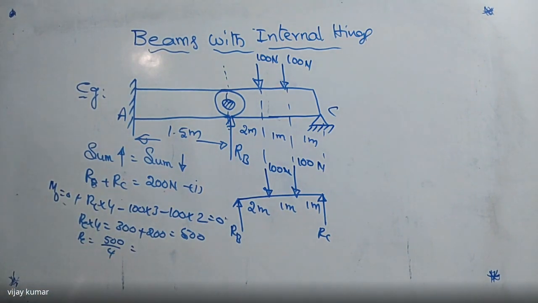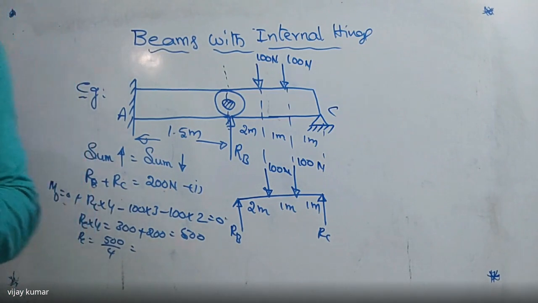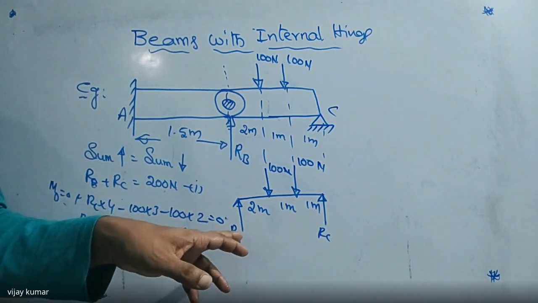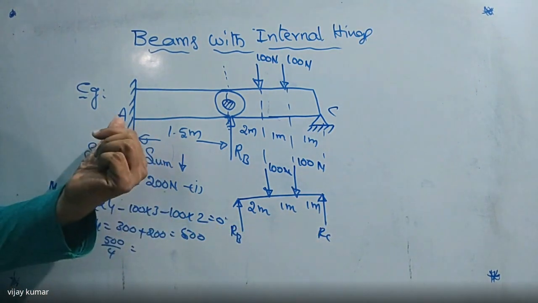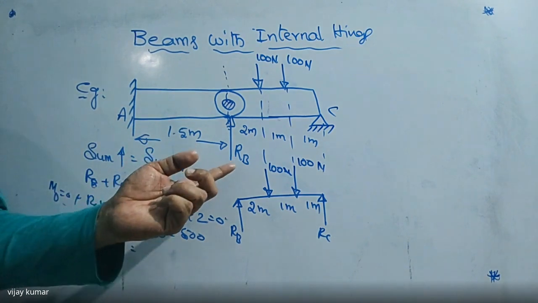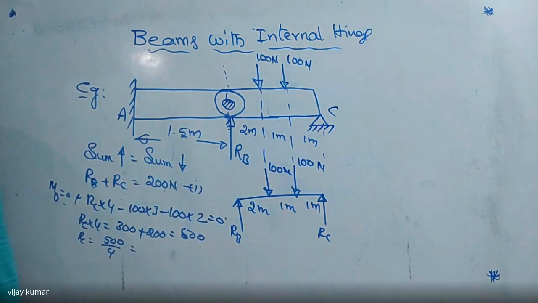Then we can get the required value now. So then we can find RB value automatically. Why? Because RC is equal to 500 by 4. So then we can get RB is equal to some value. In this way, we can calculate RB value for any case. So when this reaction at RA and RB, we can find easily. At the same time, we can find the reaction at A also after finding the reaction RB value. Did you get my point or not? Okay, right. So this is the way of calculation.